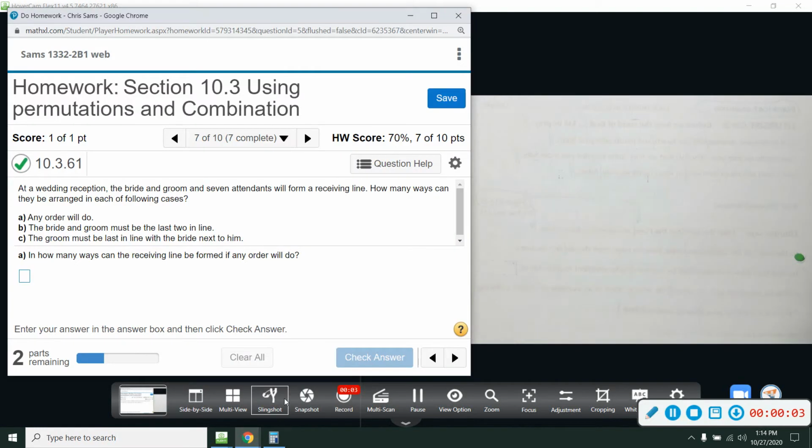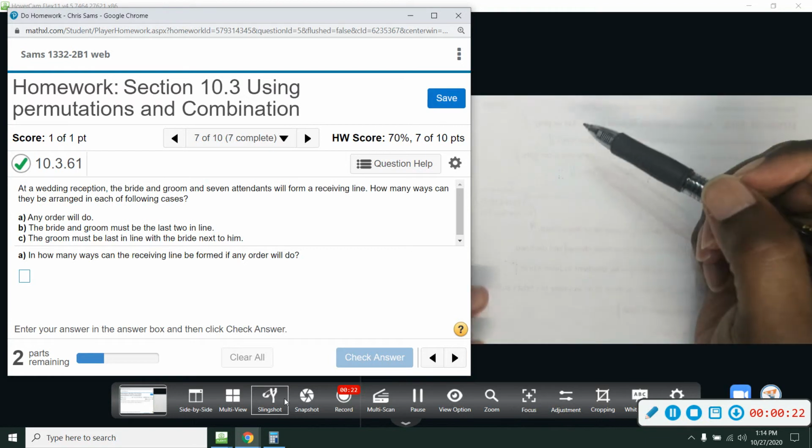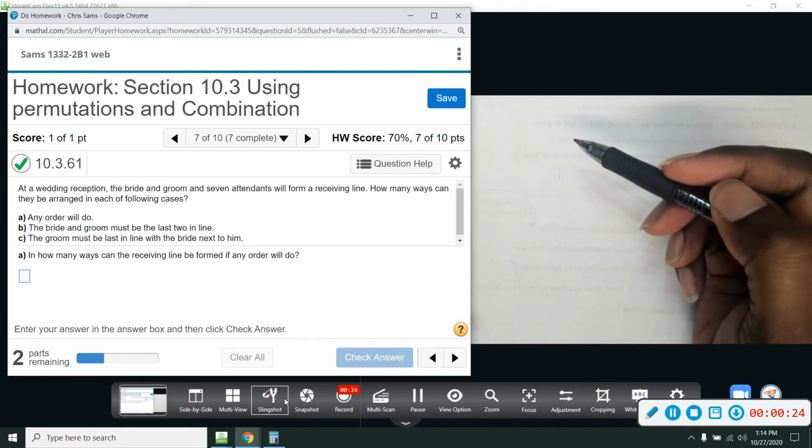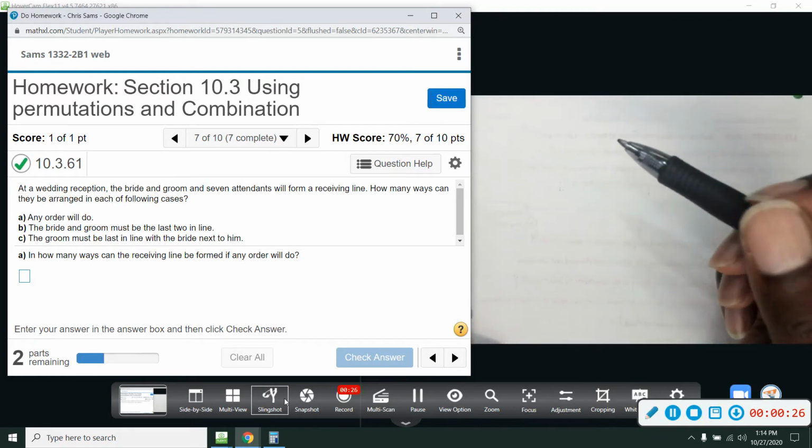Number 7 says at a wedding reception, the bride and groom and 7 attendants will be forming a line. How many ways can they be arranged in each of the following cases? So A, any order will do. So we have a bride, a groom, and 7 attendants. So we have 9 people total,